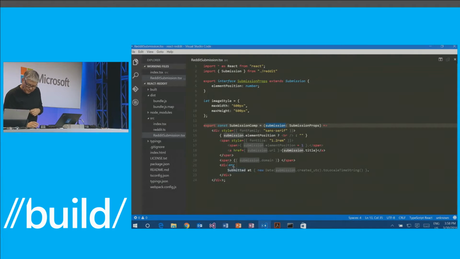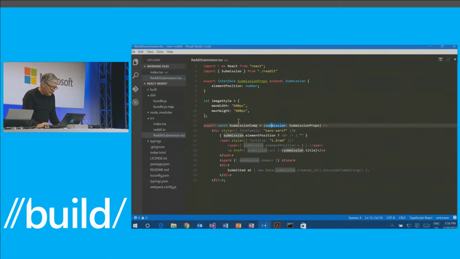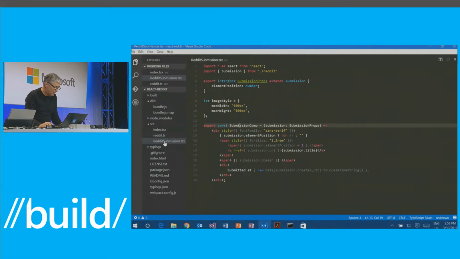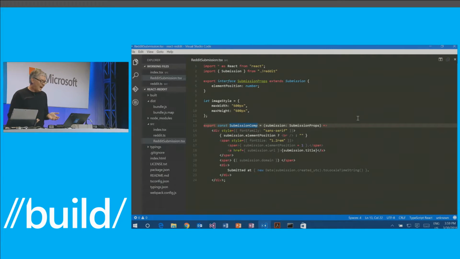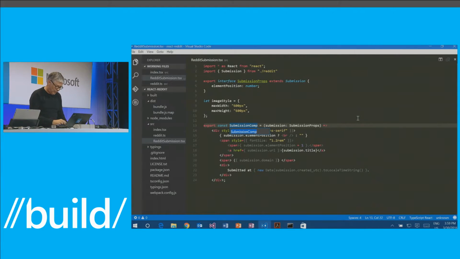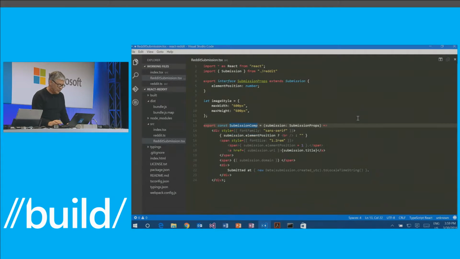Now, one of the cool things here, too, is, let's try to open these two again here. I can actually do refactoring on my component. So let's say that I want to call this, instead of submission comp, I want to call it Reddit entry.